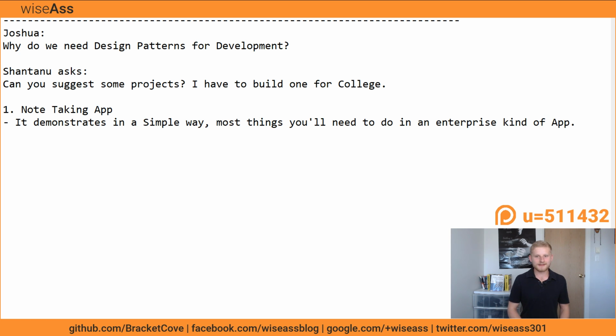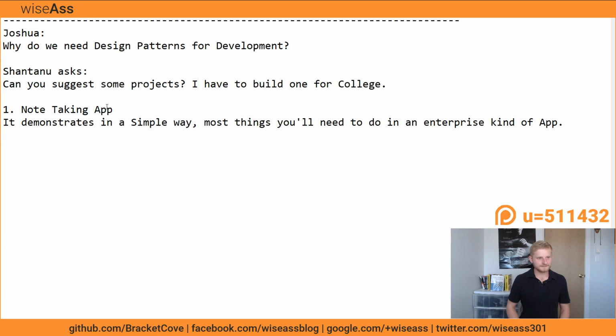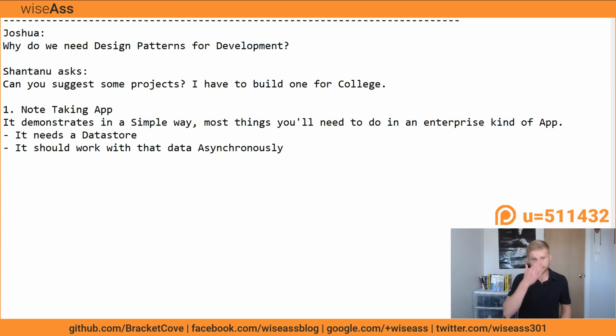What I mean by that is it needs a database, a data store, so it needs to store data. It should work with that data asynchronously, that's a fun one to spell, it should work with that data asynchronously, and